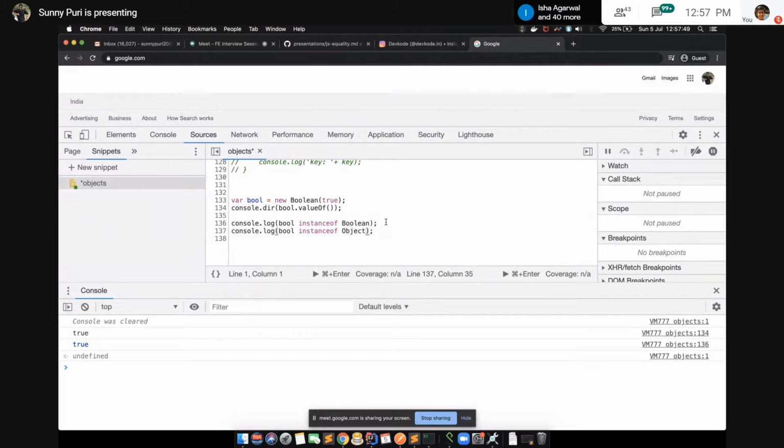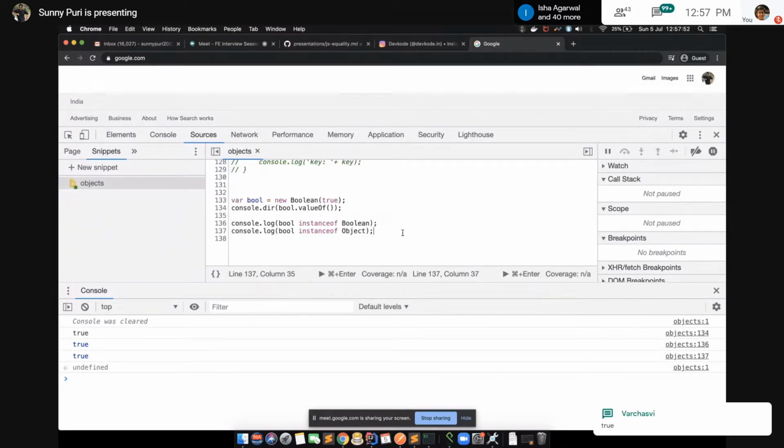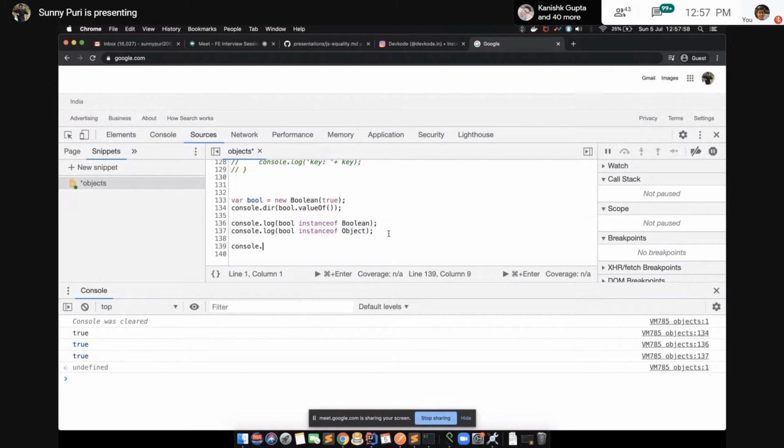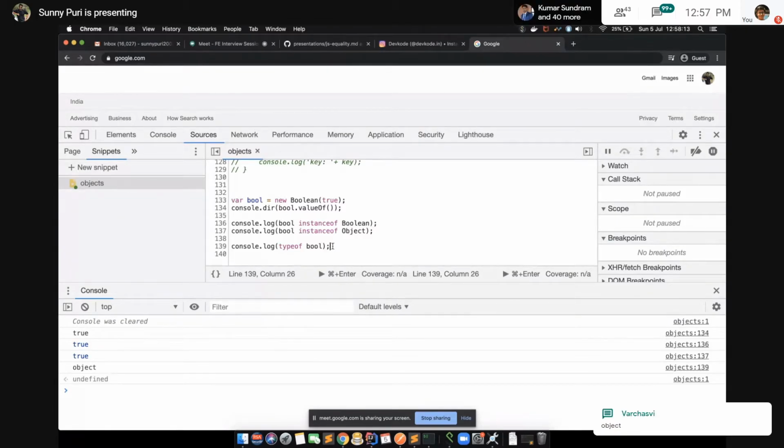Are we inheriting the object class as well? Yes, because we have multi-level inheritance in this case. What is the type of bool? The type of Boolean is object, because we are inheriting objects.